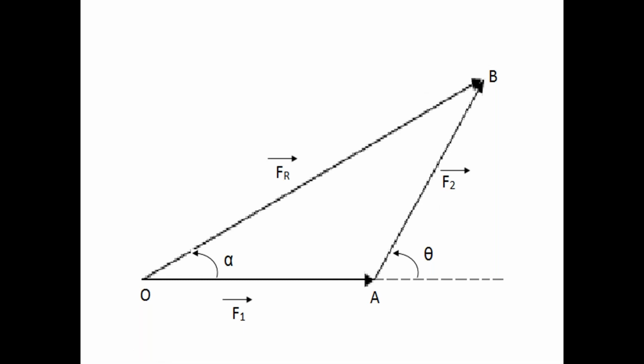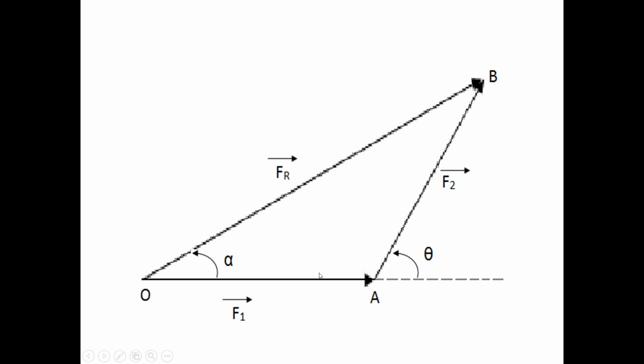So check that third side direction carefully. The first side direction OA and the second side direction AB are in the same order, whereas the third side OB direction is in the opposite order. This direction is opposite to the direction of OA and AB.